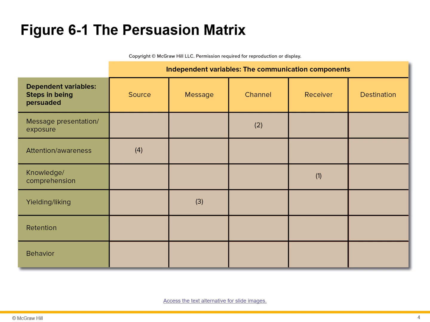Will the message stick in their mind, stay in the memory after the 30 seconds of ads, for example? And then what's their behavior intention? Do they have the purchase intention or not? So there is this matrix, with so many combinations: the different independent variables, the communication components, versus the dependent variables, the steps in being persuaded. I want you to think about every cell here, like for example, the message